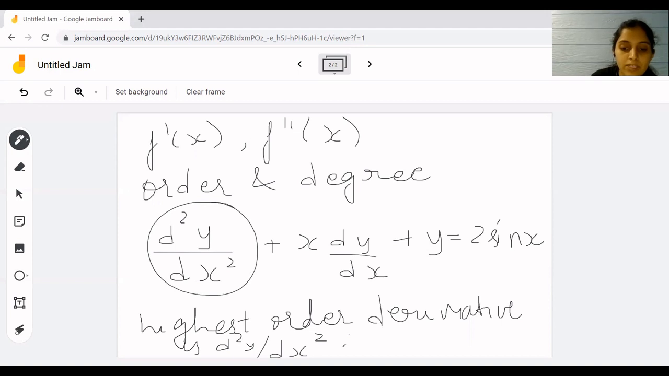Therefore, order will be 2. So whatever is the highest order derivative, that is the order of the equation. Now what is degree then? So degree will be the